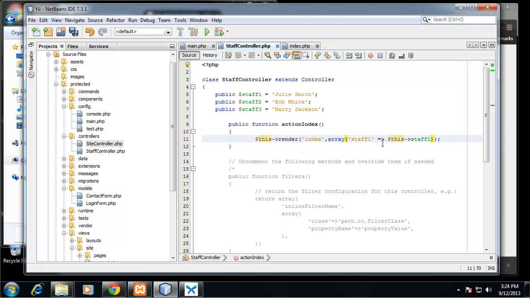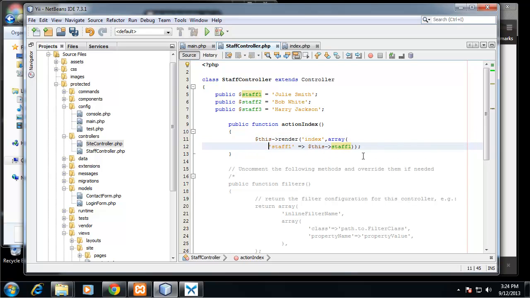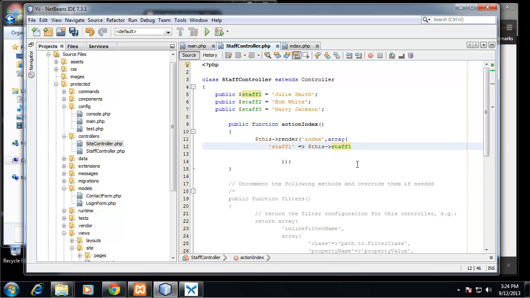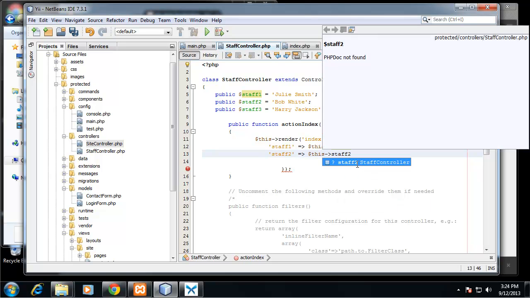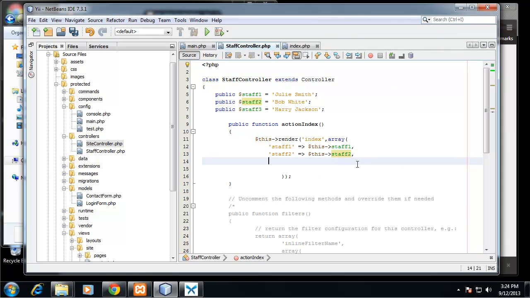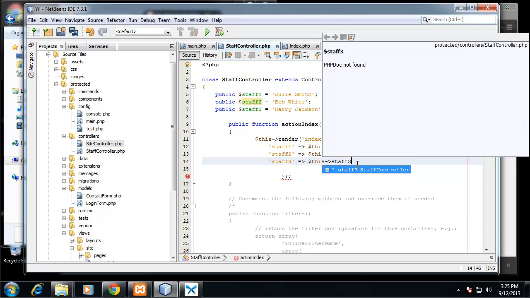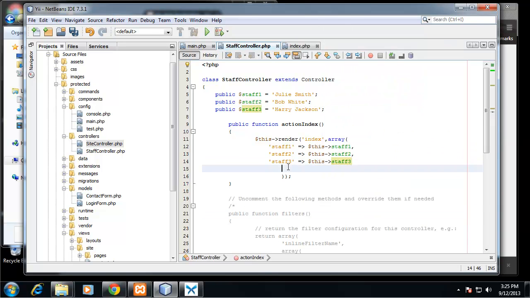So there's 1. Let's actually separate this a little. So we want a comma, and then we'll say staff 2, and that's going to be this staff 2, staff 3, this staff 3. Alright,